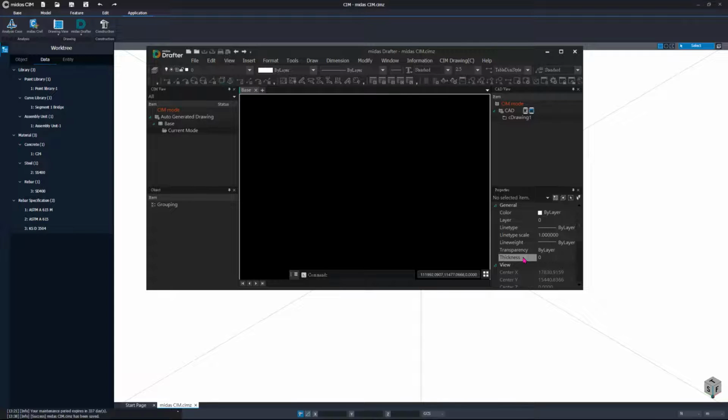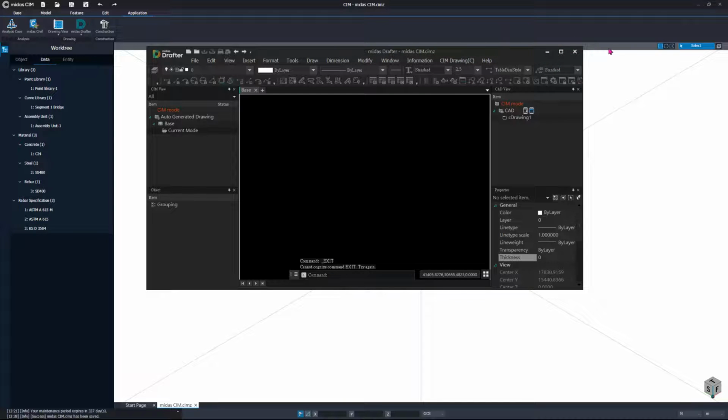So you may want to increase or decrease the size of your rebar annotation here.